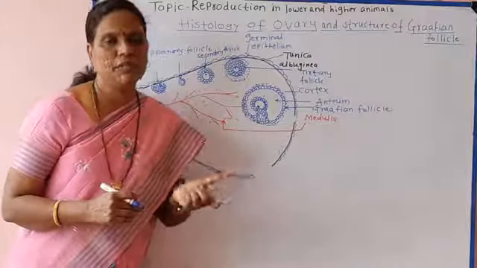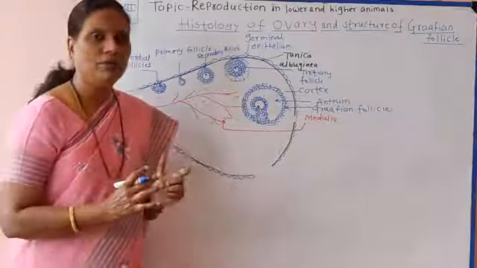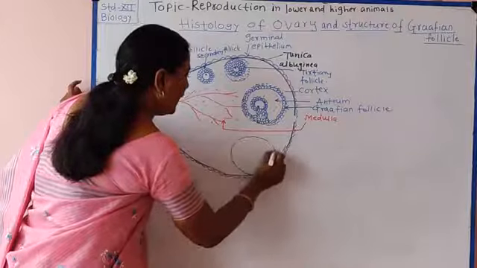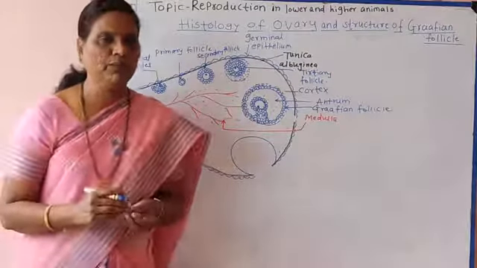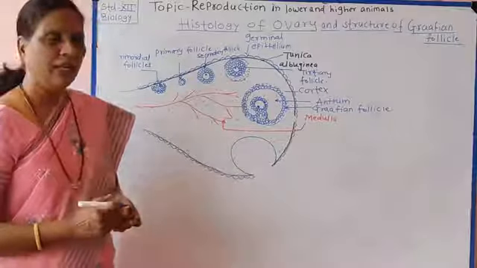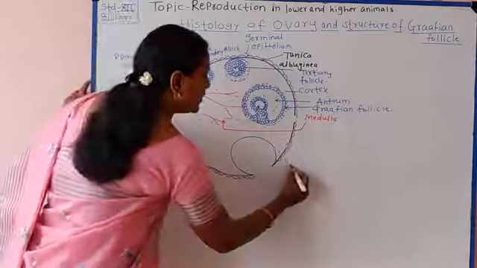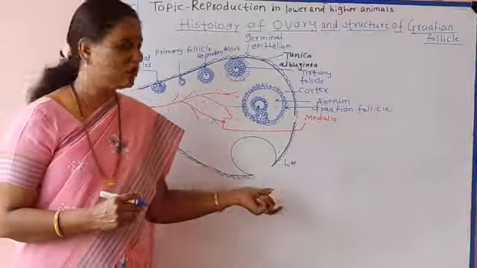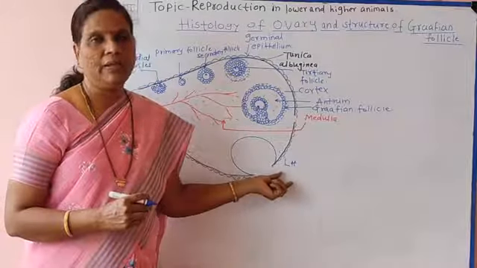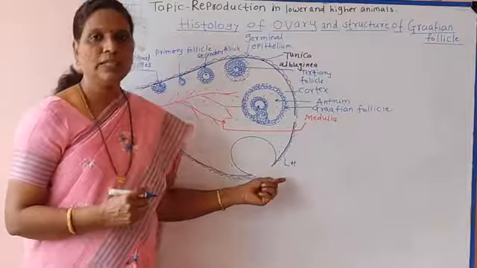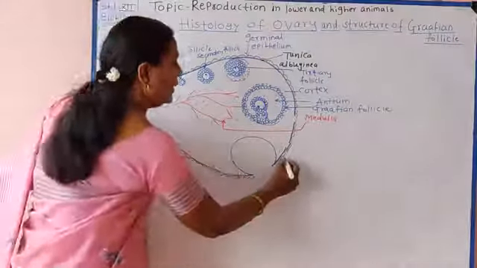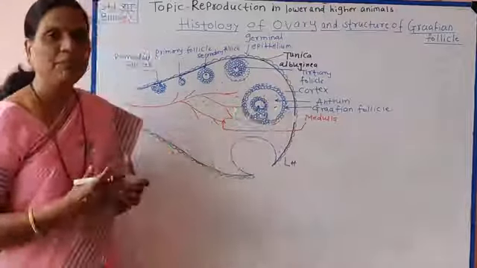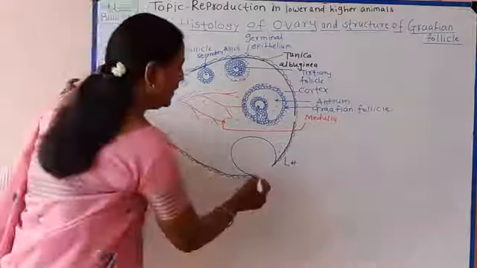Around the 13th day of the menstrual cycle the Graafian follicle becomes fully mature, and on the 14th day of the menstrual cycle there is a surge of LH, that is, the LH level increases. It is also a hormone secreted by the anterior pituitary. It is called luteinizing hormone. So this hormone increases, and due to this the Graafian follicle ruptures and the secondary oocyte is